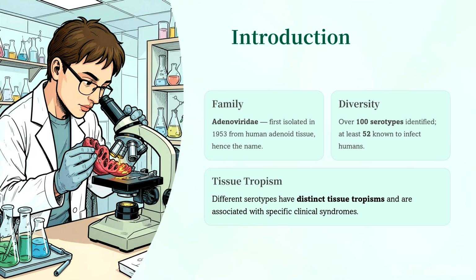Transmission occurs through respiratory droplets, direct contact, and contaminated surfaces such as fomites, the fecal-oral route, and contaminated water, especially from swimming pools. Most infections are mild and self-limiting, but severe diseases may occur in infants, elderly individuals, and immunocompromised patients. Adenoviruses are highly stable in the environment because they lack a lipid envelope. This makes them resistant to detergents and many disinfectants.